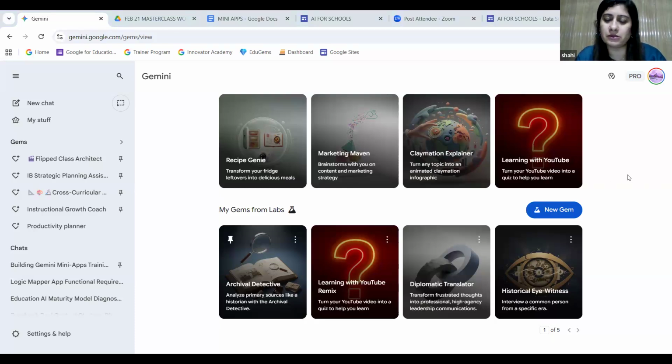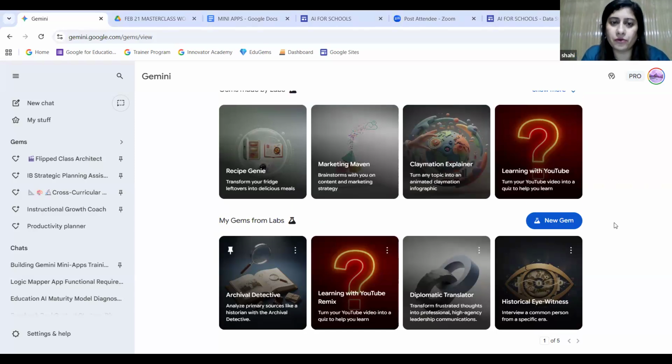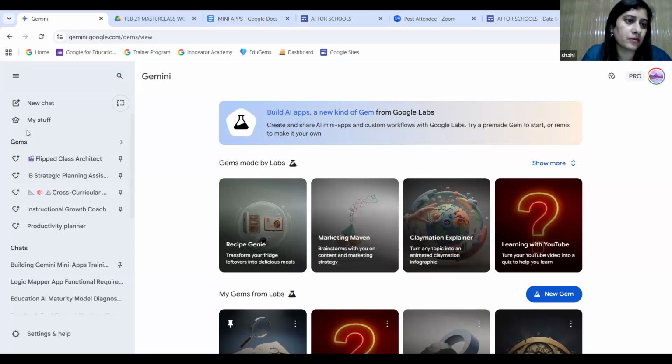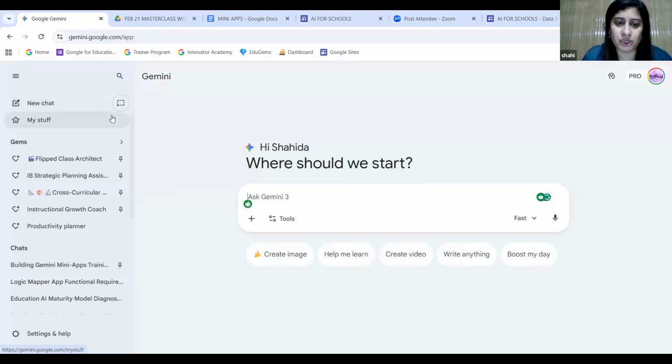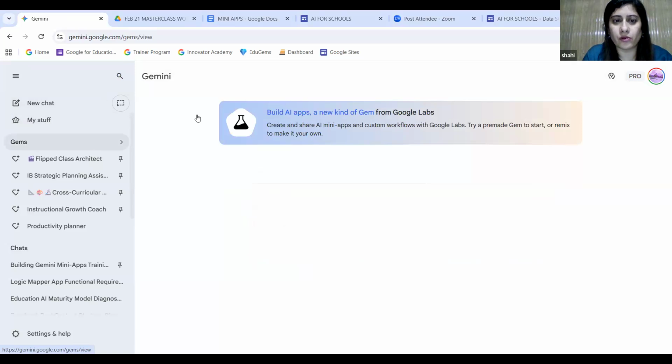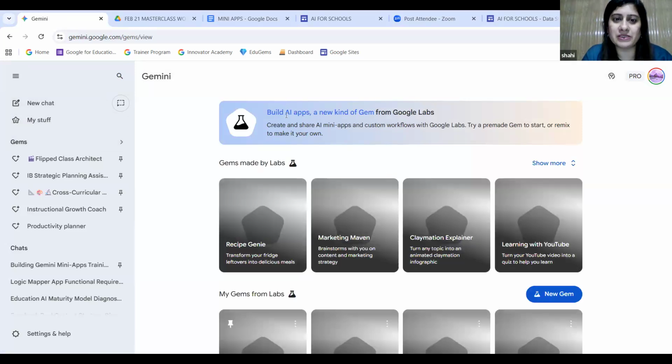Today we are going to talk about these apps in Gemini that are available. So basically, at the back end, these apps open up if you want to edit them in Opal. So it's a good idea that you should also be signed up in Opal as well. When you come to the interface of Gemini, it looks like this, the new chat. We don't want to chat with Gemini, but we want to go to gems. So gems are here. When it opens up this interface, you will see build AI apps,